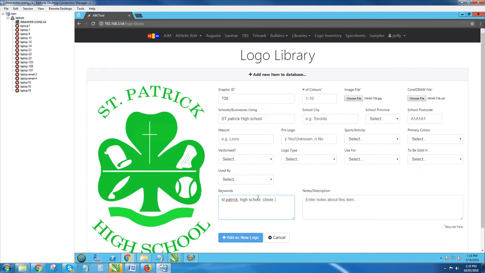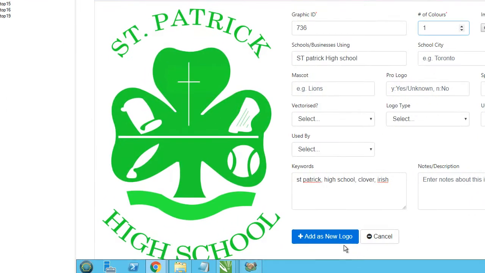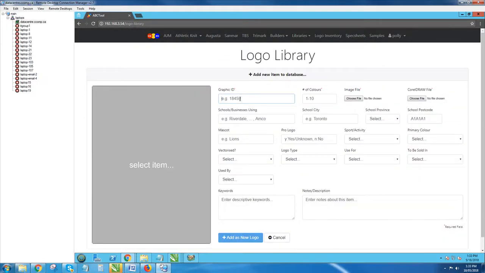Anything that would relate to this, we can put in there. So we could put Irish again. And that's it. Okay. And then this logo is only one color, so we're gonna add a new logo, and then we're gonna add the last one, which was